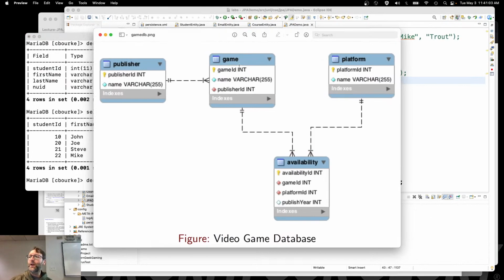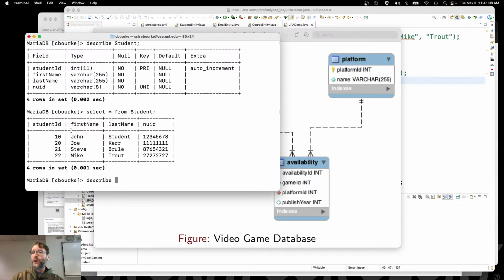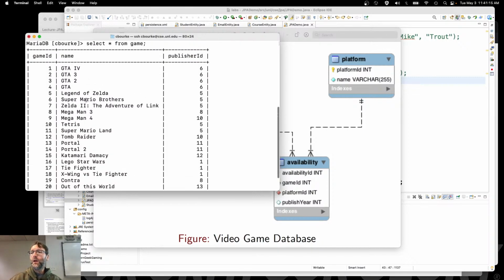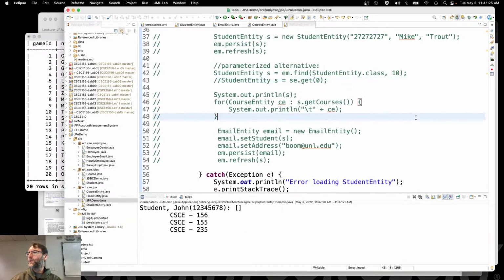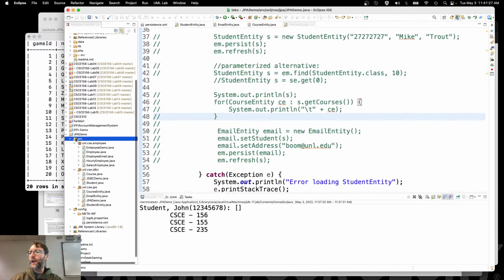What we could do is annotate at least the game table, and load up all the video game database information. So describe, let's select everything from game. There we go. There are 20 results there, GTA 4 through Out of This World. Do we want to see it from scratch? Yes? No? Okay. All right, so let's go ahead and create a new